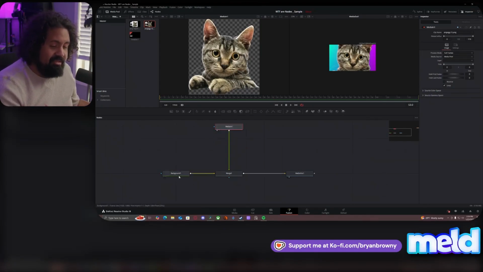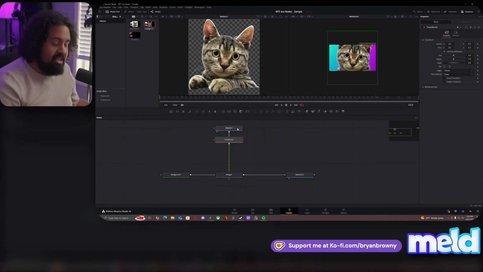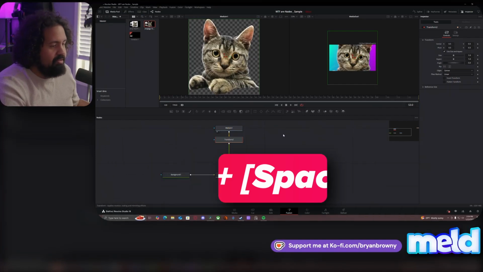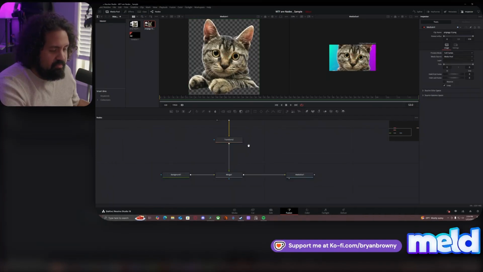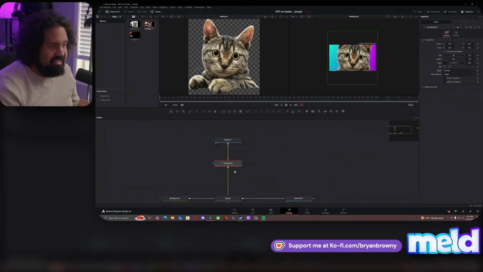Well, this is a media node, this is a media node. We have those two things that we would like to manipulate. And in this specific case, we would like to manipulate the media in node. So we select the media in node, and then we give it a set of instructions, in this case, a transform. Now, if you want to open this shortcut to select tools, it's just shift space on your keyboard. So now we have our media in node, and that is being connected into our transform node. And this needs some instructions to happen. So let's reduce the size right here and then move our cute little kitty cat right into the edge of